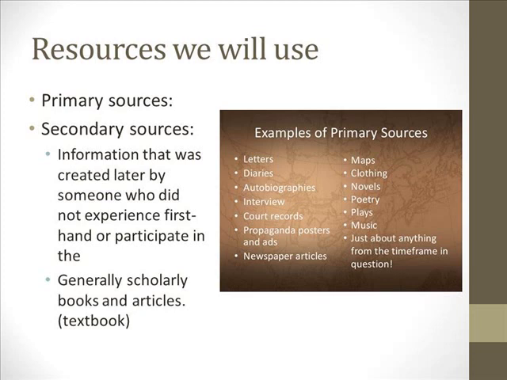If I write a book about the U.S. Civil War, and obviously I was not around during the U.S. Civil War, I am bringing in my biases and my ideas of what happened and putting them on a page. I can't help but do that. But things that are happening at the time are not tainted that way quite as much. And so primary sources give us a good view as to what was happening during the time frame, and that's going to be really important. So primary sources will be the main way that we'll be looking at history, and then the secondary sources, predominantly our textbook, will be kind of our guide and our anchor as we work our way through methodically.